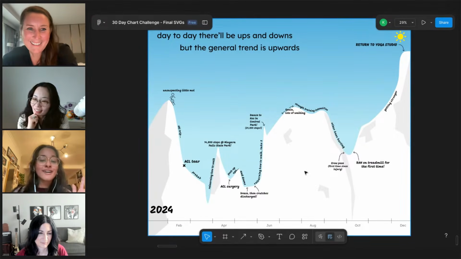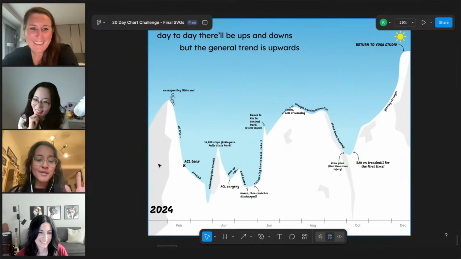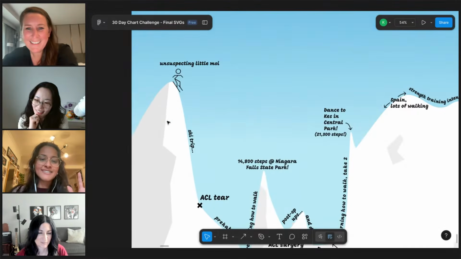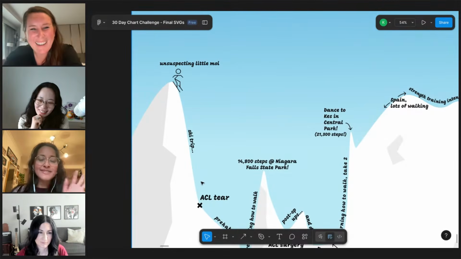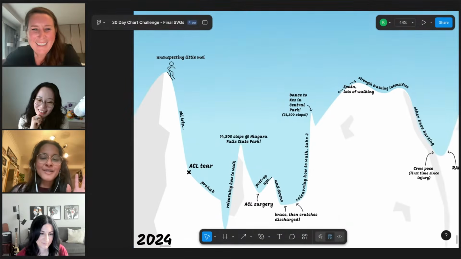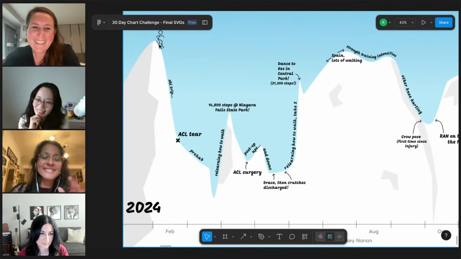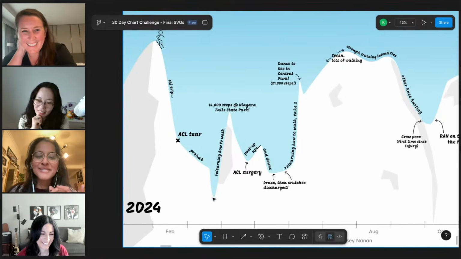I don't care about the chart junk because I wanted this to look like a slope. This is me at the top of the slope. I didn't do anything like this also. I was a bunny slope girl. But you could see just this awful, there's an animated version of this too, where the stick figure collapses at the bottom here.